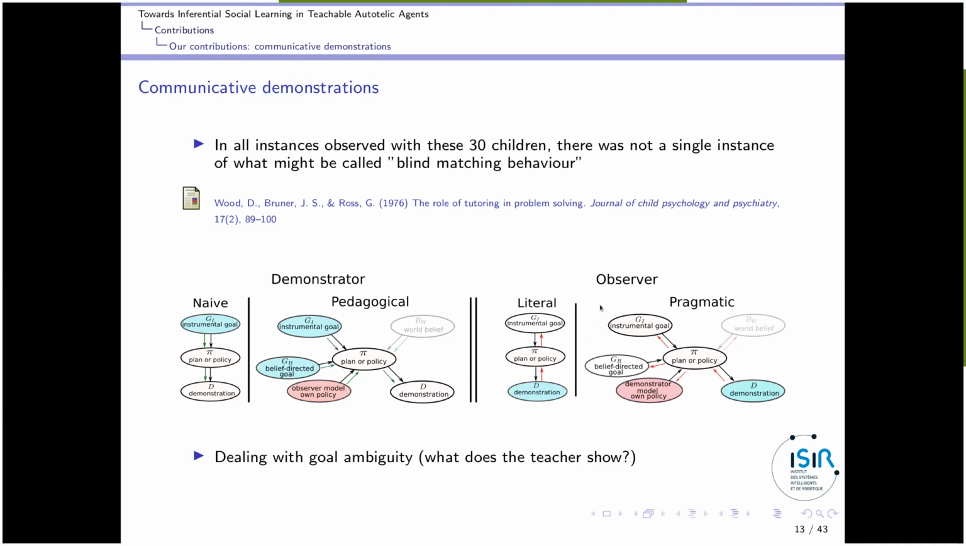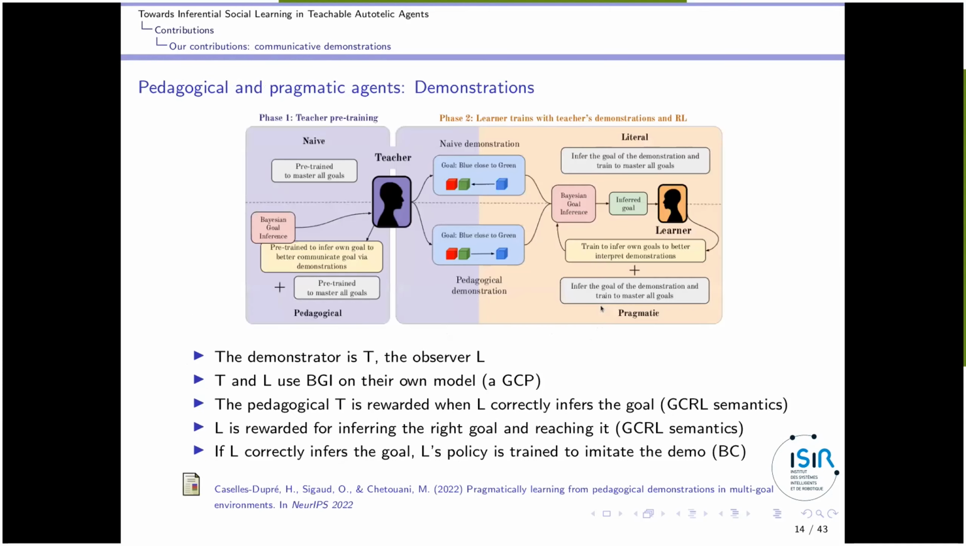Okay, and the topic of the experiments is related to goal ambiguity. Someone said this morning that humans are always ambiguous. Okay, they are ambiguous when they are using language, but they are also ambiguous when they demonstrate things in the world. Okay, so our example is a case where the agents have a set of blocks in front of them,